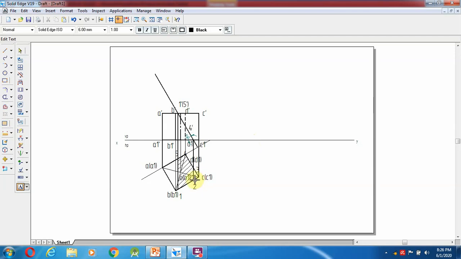So 2 dash and 3 dash, so here it will be coming 2 dash as well as 3 dash. Why? Because this point will be hidden by the second point, that's why 3 dash comes in the bracket.